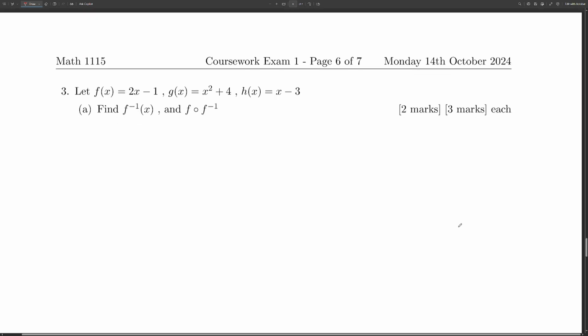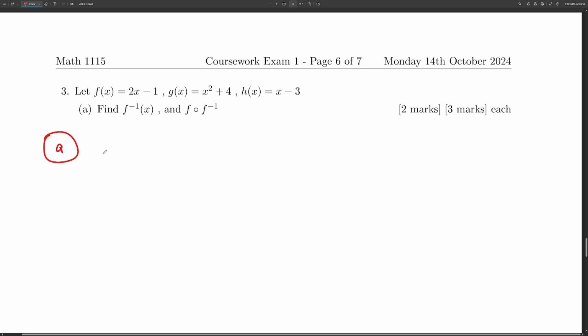So now we're on question number 3. We are given 3 different functions here, and we are asked to find 2 things: find f inverse of x, and f composed with f inverse. Okay, so for part A,